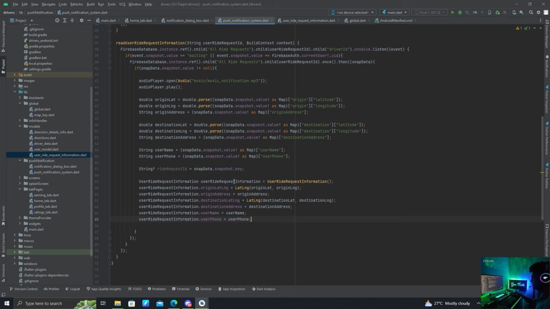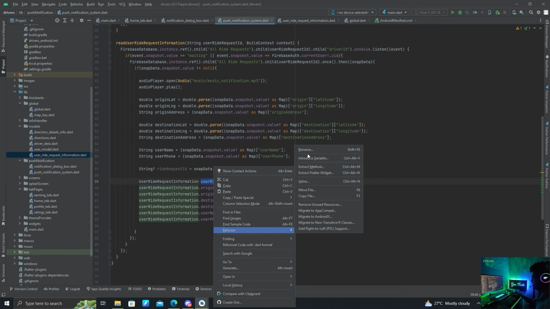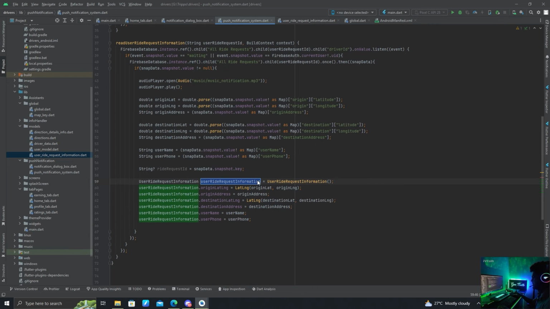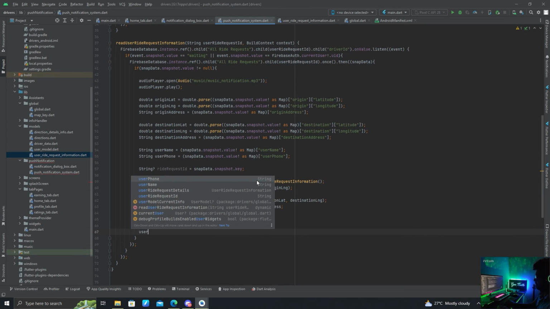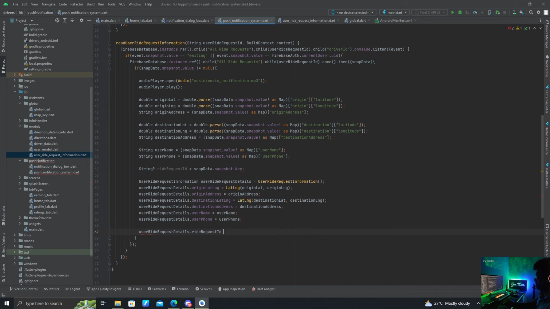We can actually change this to user write request details. So user write request details dot write request id equals to write request id,